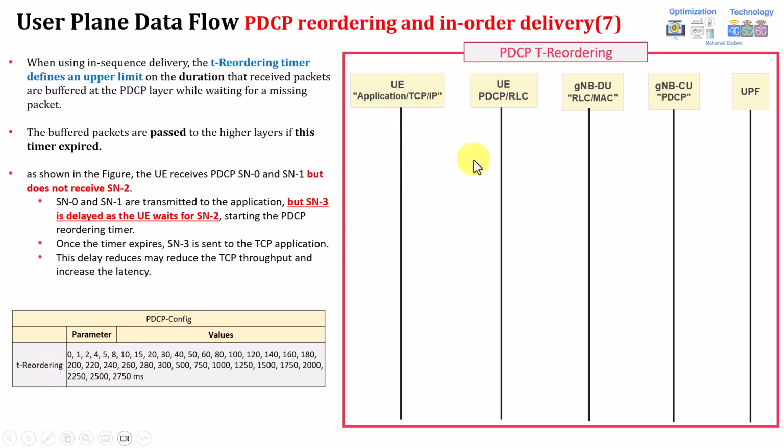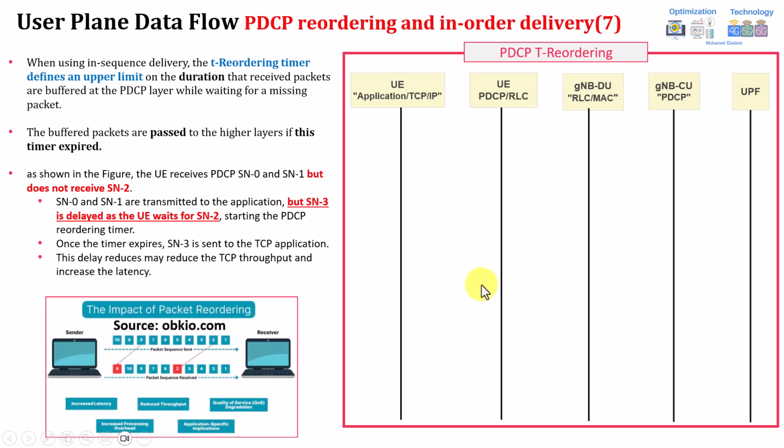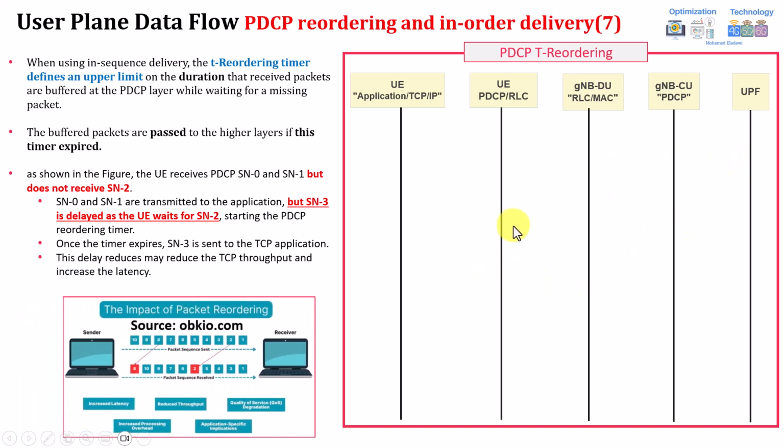Assume now you have the first packet being transmitted here, called TCP sequence number 0, coming from the UPF till the gNB. So at the gNB PDCP layer, if you remember, the first thing the PDCP will do is assign a sequence number. Okay, this is assigning sequence number 0. But by the way, those will be completely different compared to TCP. The PDCP will have its own sequence number. So I just give it a number to make it simpler to understand, from a visualization point of view.